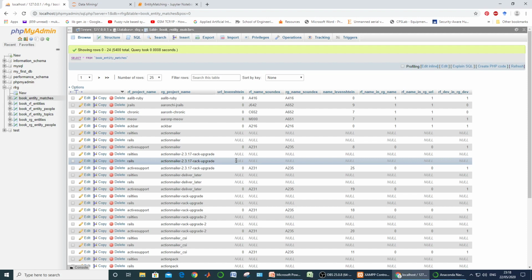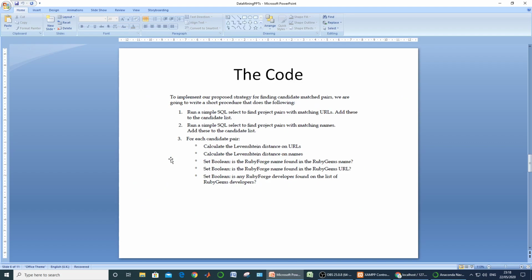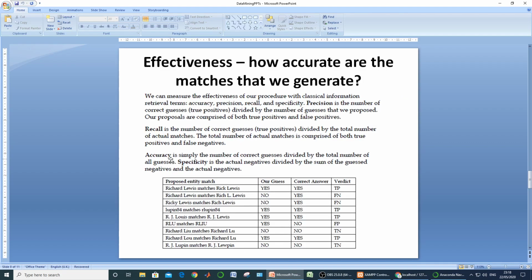So just apart from these two, we have to look after whether they are sharing some names also, whether they are sharing some overlapping developers also. So collectively we have to decide upon. For making that decision, we have to look for certain efficiency, or you can say effectiveness, parameters of any information retrieval system.